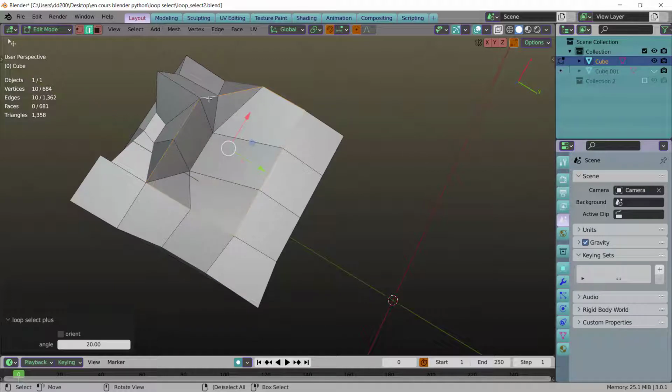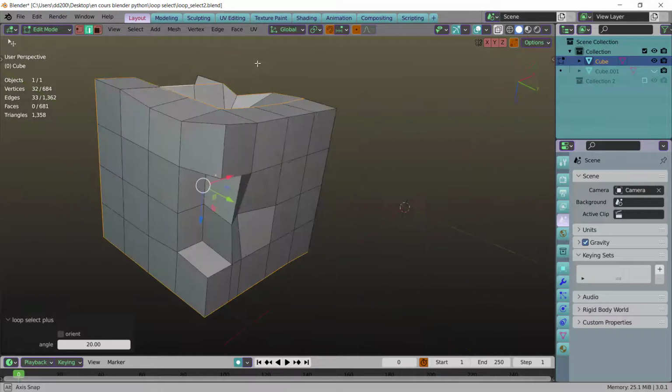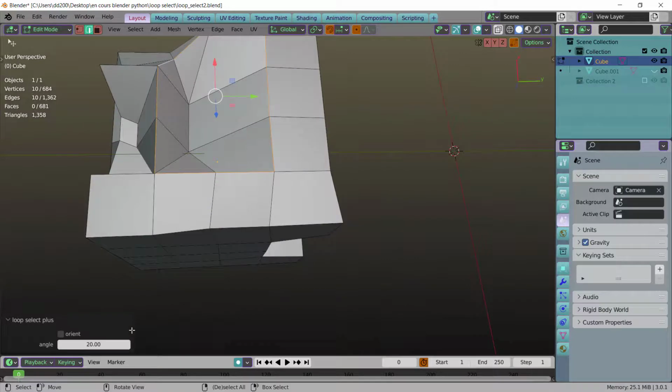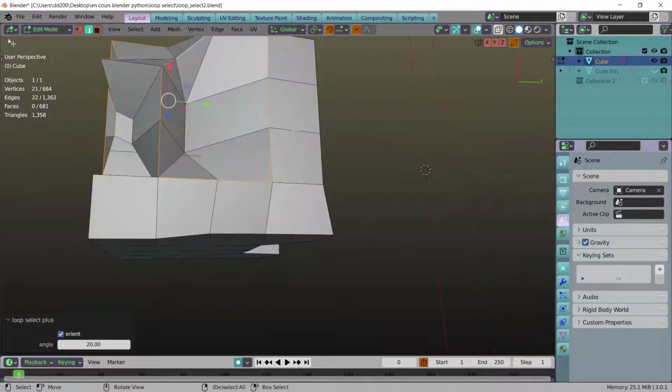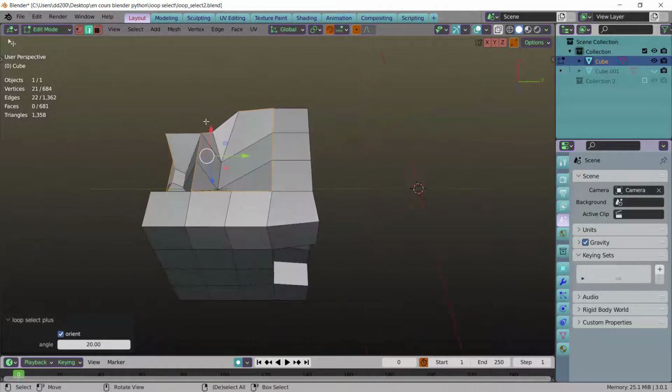So this is better to choose the two following angles. And now we have more, because we begin with a higher angle. This is better, to select the higher angle at first. But if I don't do orient, it is searching in this direction. So after, this is doing all around like this.